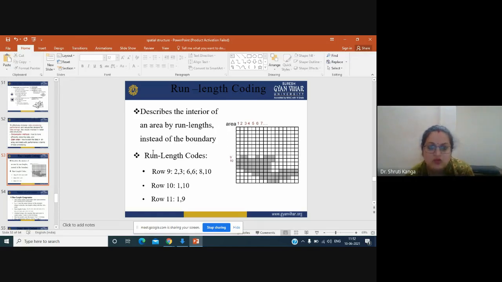ठीक है, तो if you see the run length coding, we store them in the form of rows. Now if you see in this coding, in line number 9, row number 9, only this and only this is covered by maybe agriculture. We suppose this gray area is agriculture. Only 1, 2, 3, 4, 5, 6. These 6 pixels are there of agriculture. Rest are of non-agriculture area.